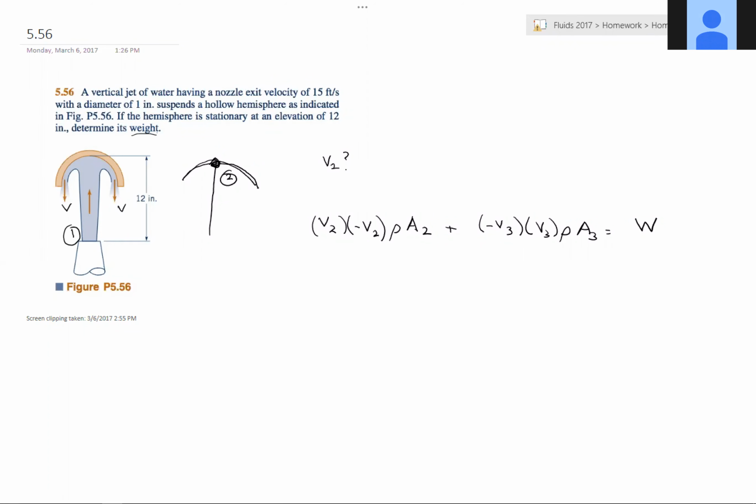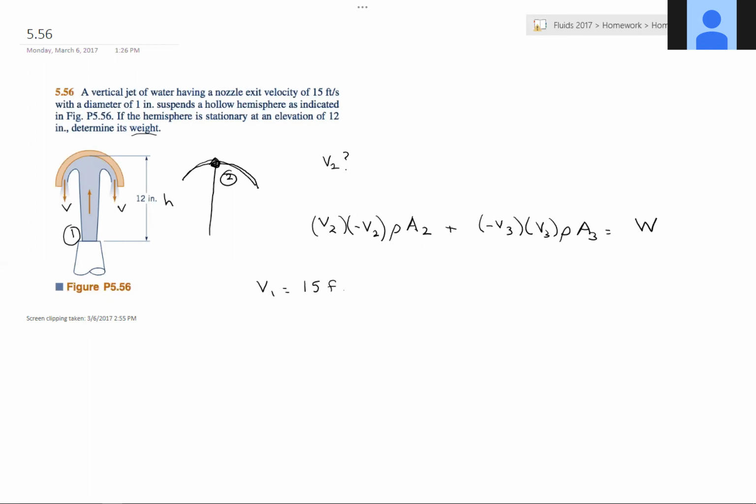So remember, if we have forces, normally we would ask what's the force that is needed to do blah, blah, blah. Here, the only force that we have is the weight. So what's the only thing we're given? This height here, and what else are we given? That's it. What happened to V1? Now we're not given V2, at least the way I drew it. So we're given V1, which is equal to 15